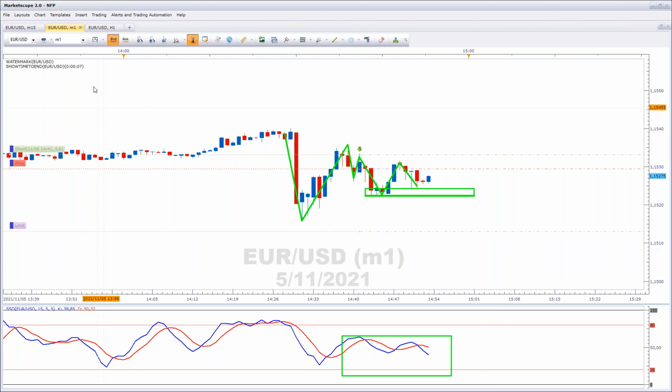Another 5 seconds, we'll get the next candle, and this could be another reference point. Could be a swing, but I'm hoping it's a swing high. Let's just see.